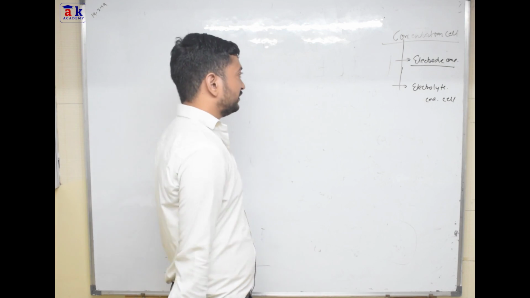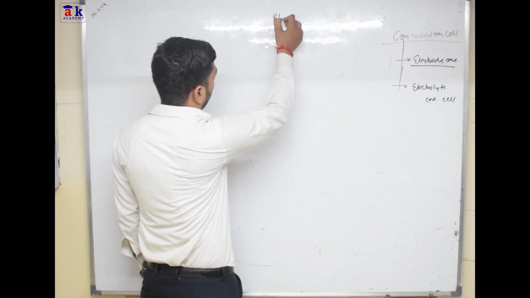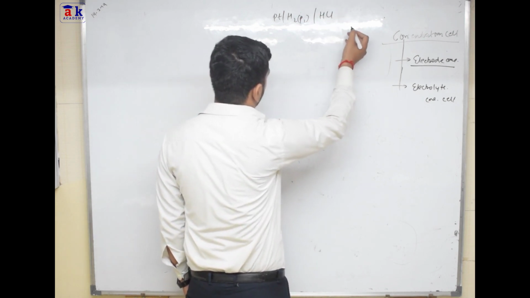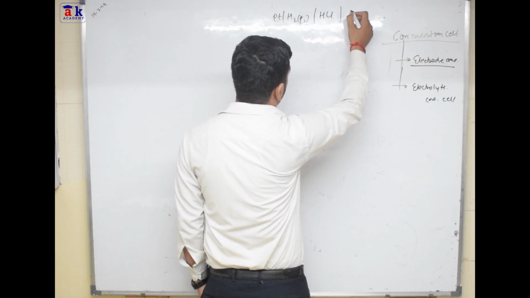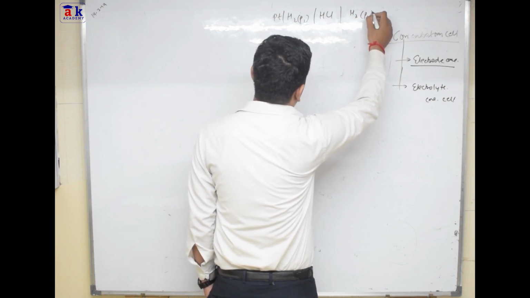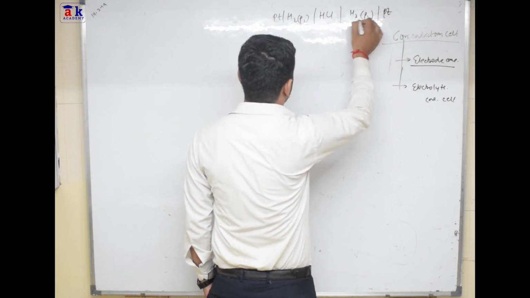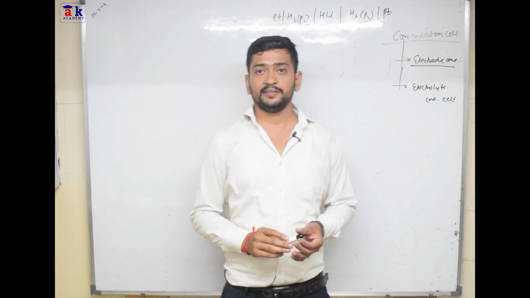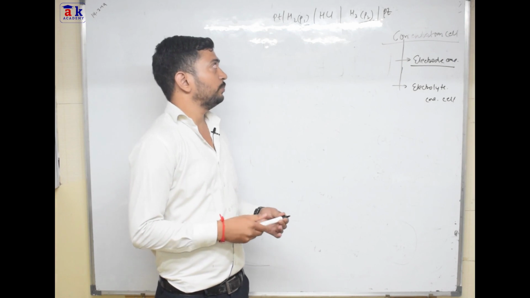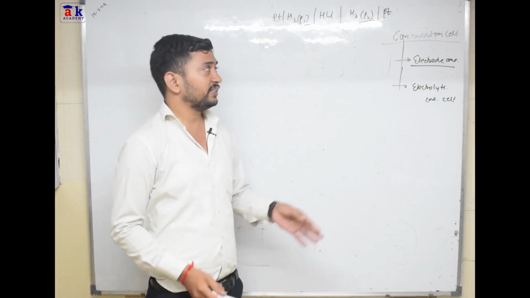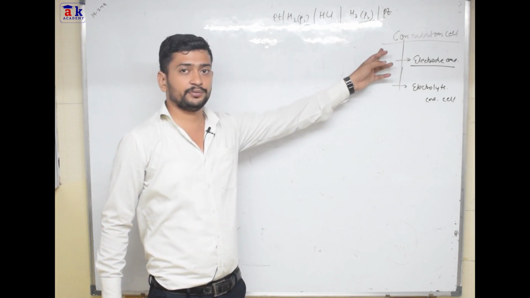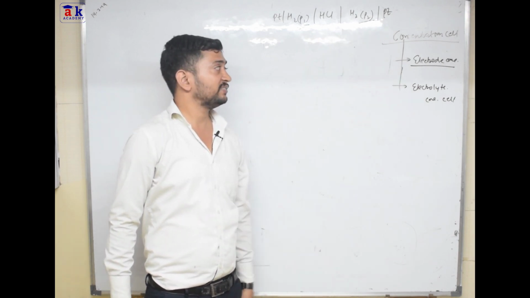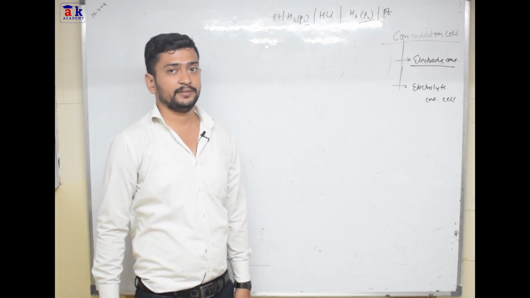be different. For example, let's say I have this platinum and here I have H2 at P1 pressure, and this is dipped in the solution of HCl, and here what we have? Here we have H2 at P2 pressure with platinum. So here the concentrations are different. Here at one side we have P1 and at the other side we have P2. So because of this difference in the concentration of the electrodes, we will get EMF, and such types of cells are called electrode concentration cells, right?